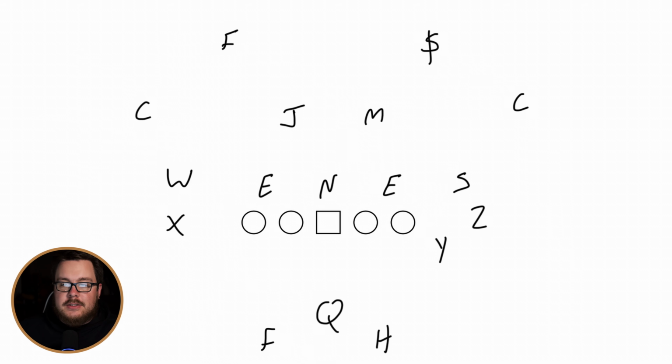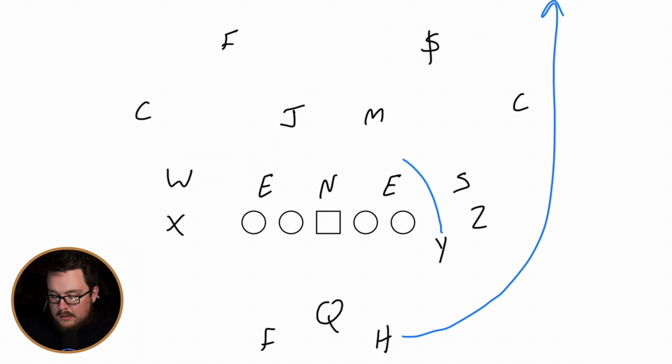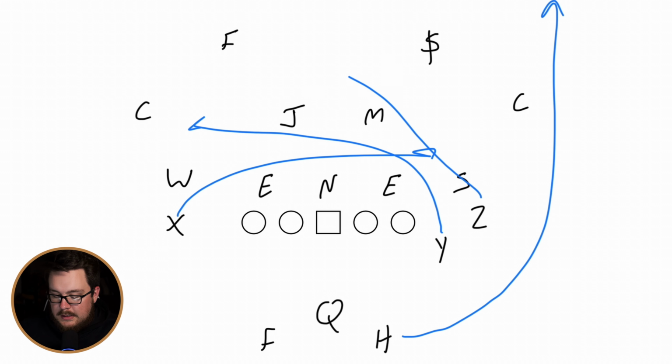All right, if you've been around the channel at all, you know that I love condensed formations. We're going to take a look at mesh out of one here. So we're going to go mesh rail, get the running back on the rail, get the Y setting the mesh for the X coming underneath so he can spring free, and we're going to get the Z running the over the ball. And to lock it up, we're going to run Scat Protection, but we are also going to get the